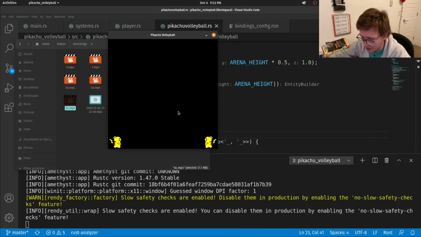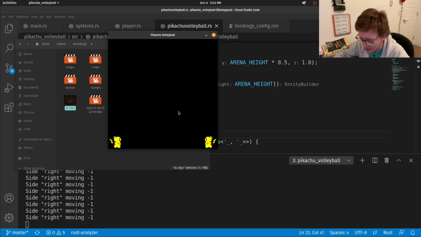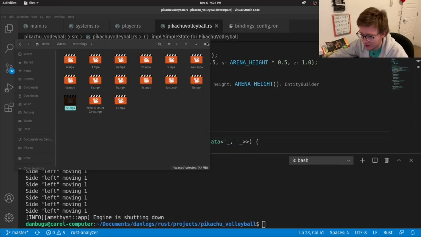And there we go. Now let's test it together, and you can see in the console at the bottom of my screen. I'm pressing the left arrow key, so you see that we're getting a -1. Now I'm pressing the right arrow key, so side right is moving +1. Now I'm gonna press A. You see that we're moving -1. Press D. You see the left is moving +1. So there we go. Now that we have confirmed our success, we can close this.